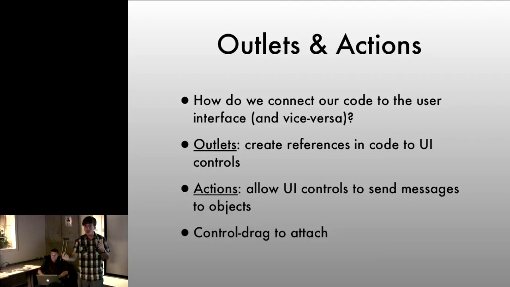There's actually two problems. One is when a control has something happen to it, we need to notify some code that something happened. It's also often the case that our code needs a reference to some object in our interface. And outlets and actions allow us to do those two things. Outlets are a way